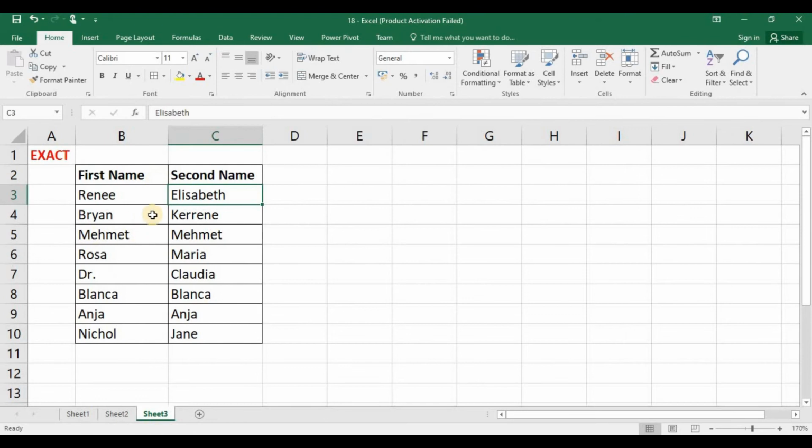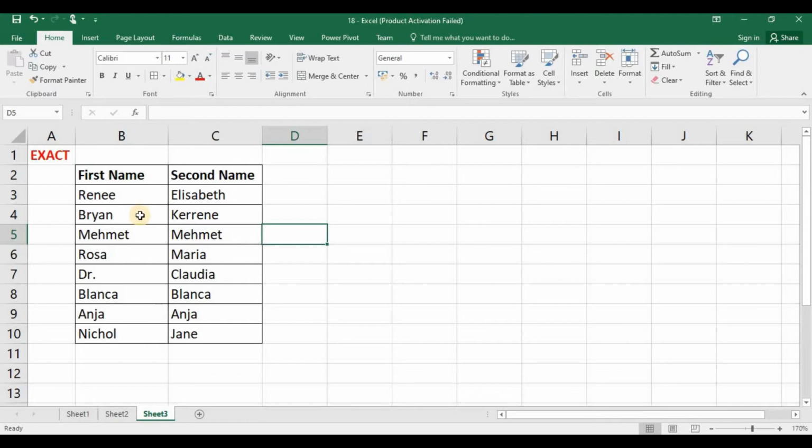In this table, we have first name and second name. In a few rows, the first name and second name were entered with the same value. I want to identify these rows and correct it. How can I do that? Here I can compare both the names and if it is matching, I can remove.